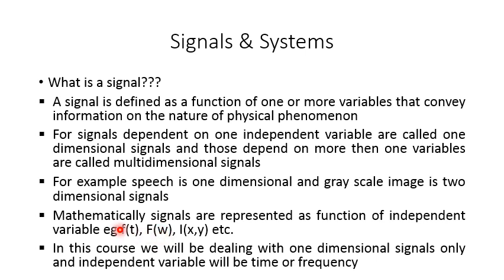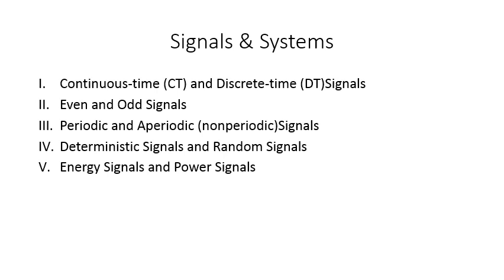So that means one-dimensional or multi-dimensional signals can be in the time domain and can also be in the frequency domain. Similarly, the third example here is the intensity value, and we can see that it is a function of two independent variables. In this course, as we said, we'll talk about only one-dimensional signals. The independent variable can be frequency or time.